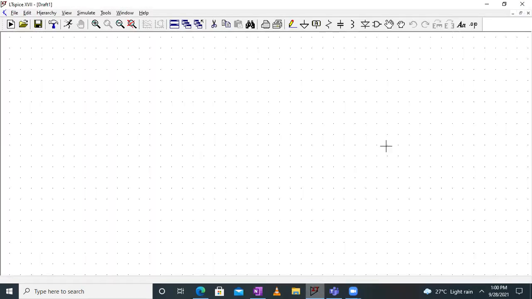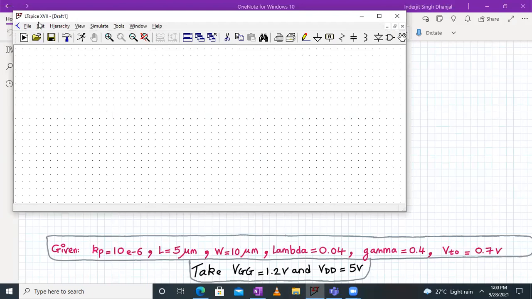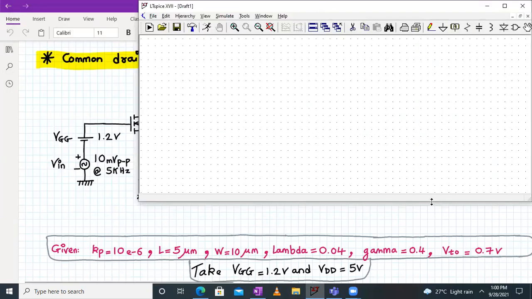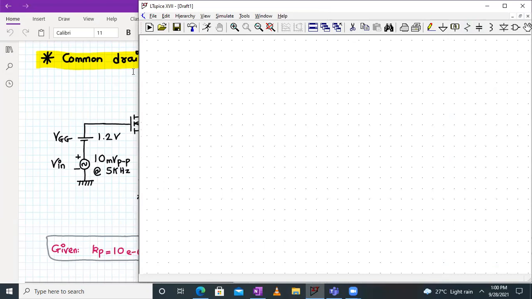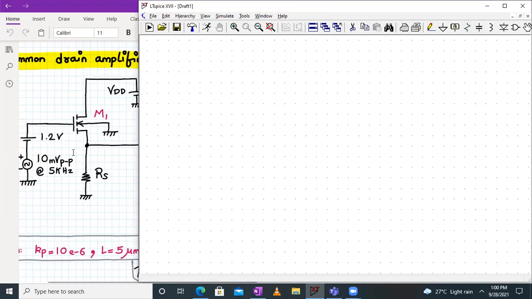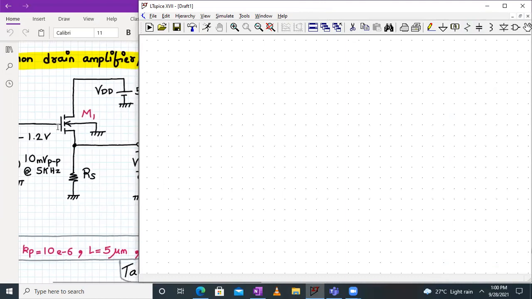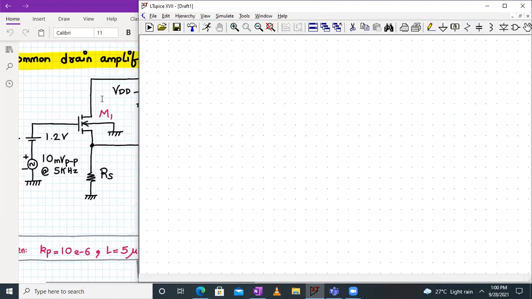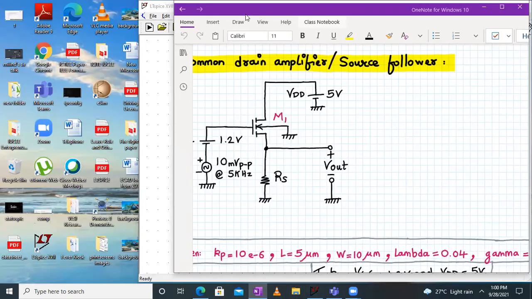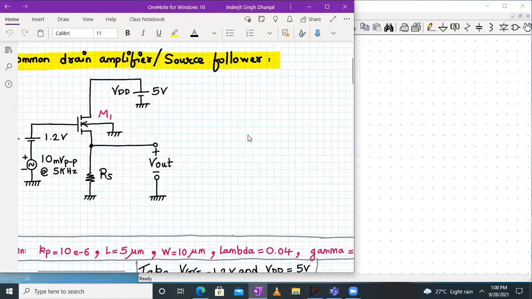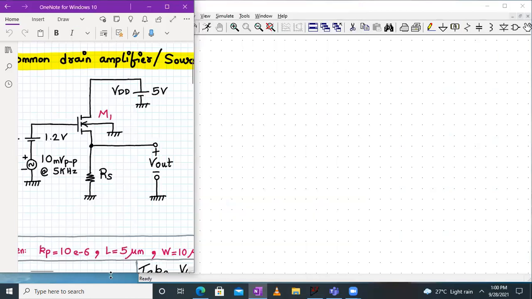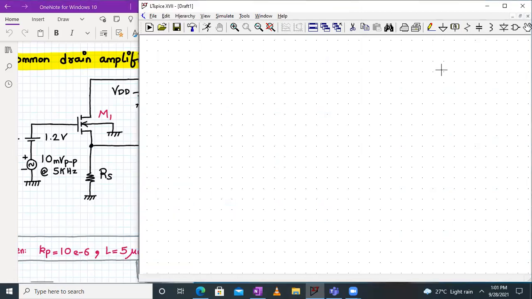So let me open the LTSpice window and here I'll adjust the window so that we can view it together, the LTSpice screen as well as the schematic. So for this, we will require around one MOSFET, then one, two, three supplies, right? And a single resistor. So let's start building the circuit up. I'm adjusting this window so that I can keep this open all the time. Yeah, so let's start now.